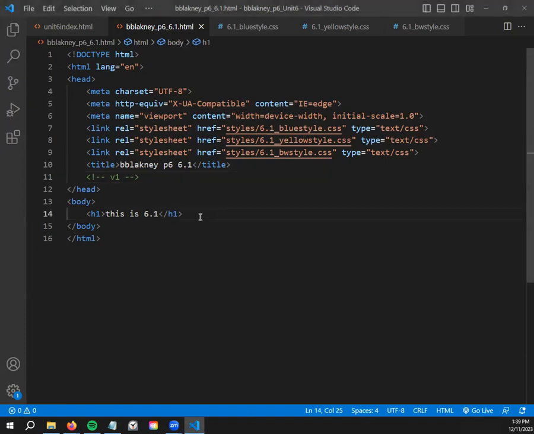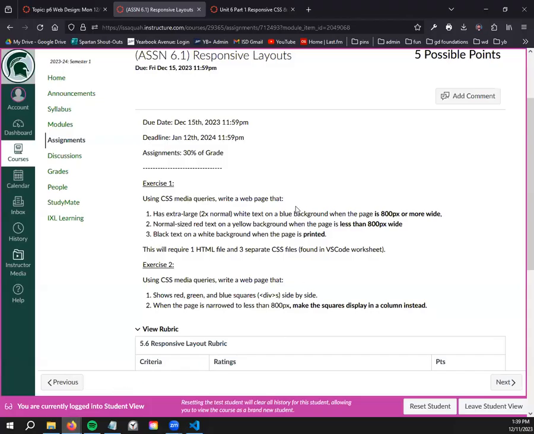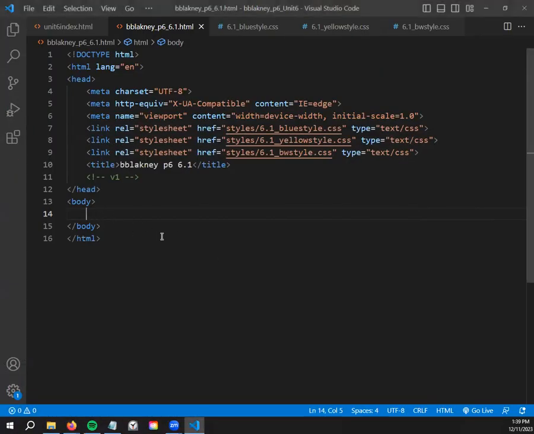So now we need to make sure that our CSS is linked correctly. I'm gonna take this H1 off of line 14 here. I'm gonna create 3 divs that are kind of going for the ideal styling that the contract is asking of us with the blue, the yellow, and the black and white, respectively. So I'm going to do that by typing div.blue